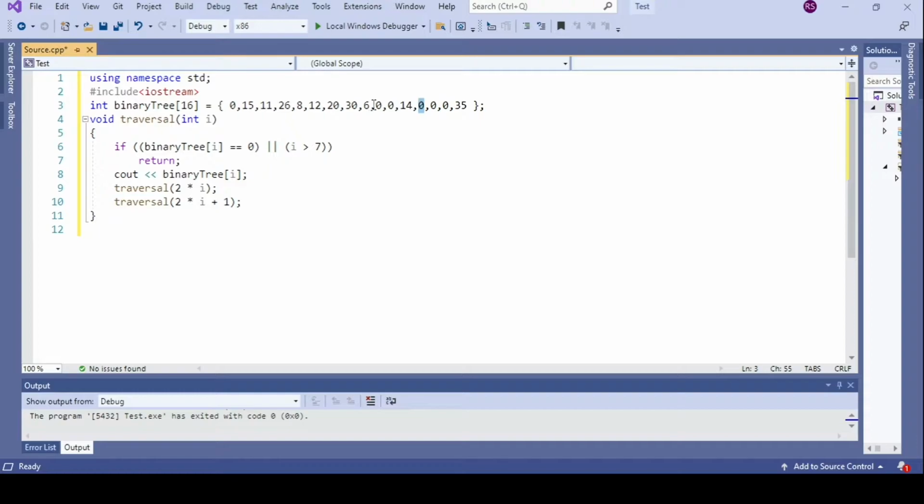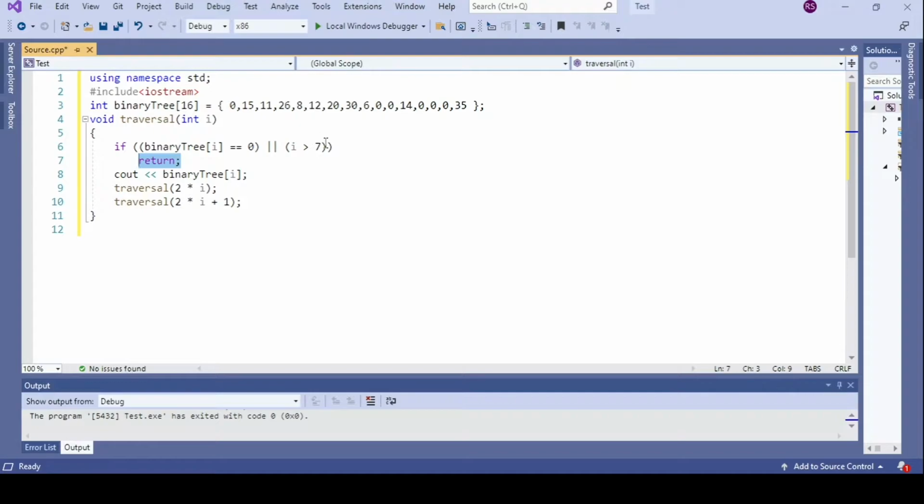I should not print 0 in the output. I must only print nodes that actually exist. So to avoid the non-existing left or right child, I am checking this condition. If binary tree of I equals 0, then without printing, the control will return to the previous statement.